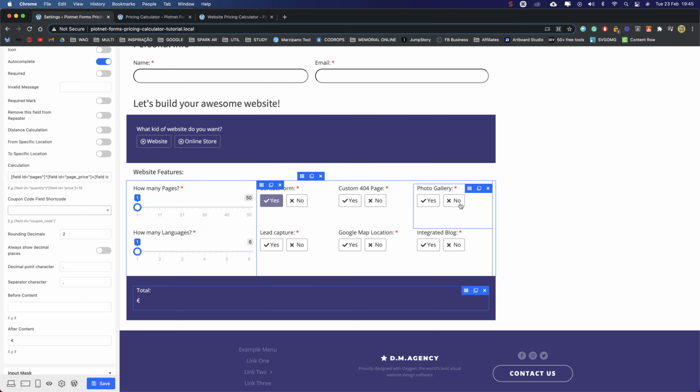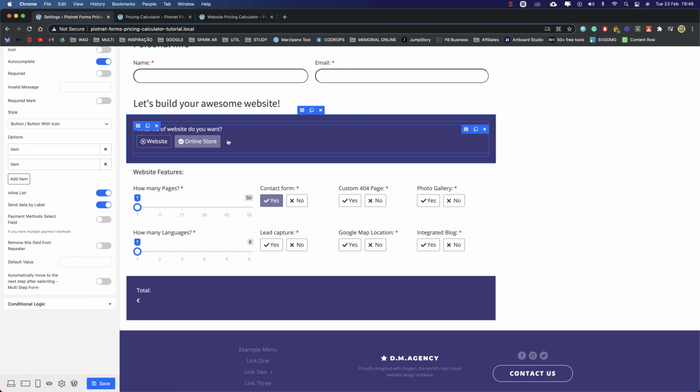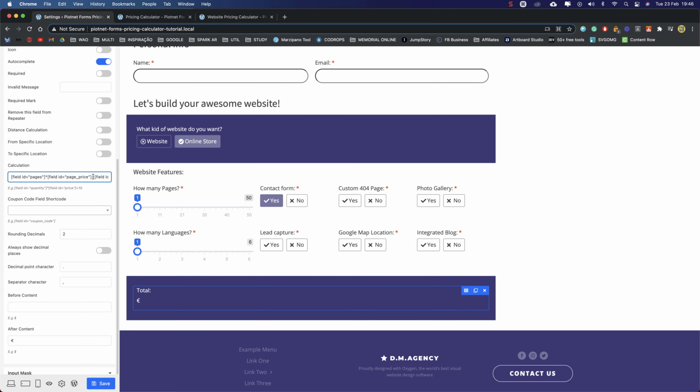Let's just keep adding these fields, and then we'll do the conditional option here to only show when we click on the online store. Here, let's keep adding. Now what we can do is just copy this, add a plus sign and paste.